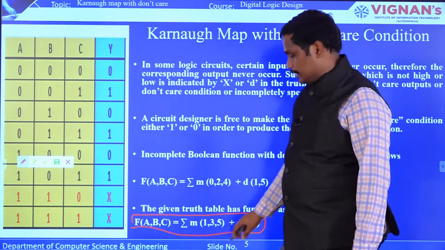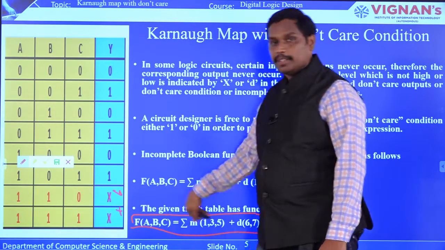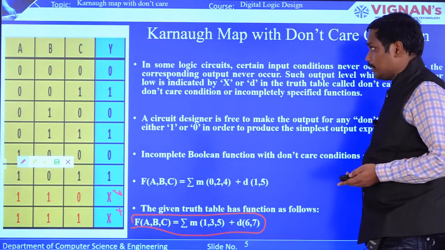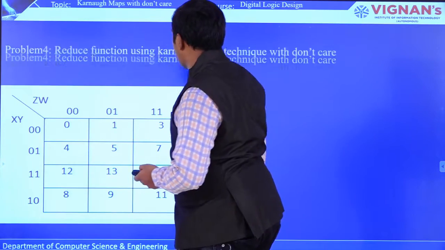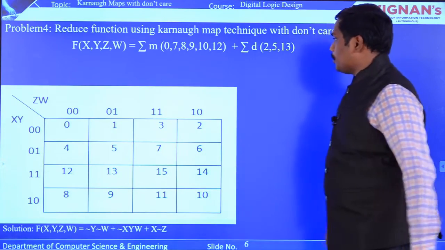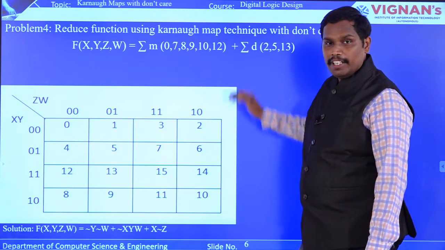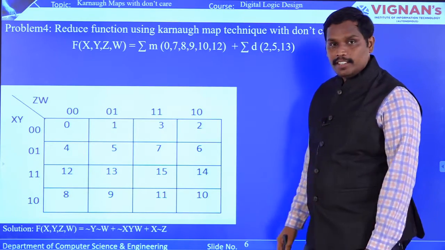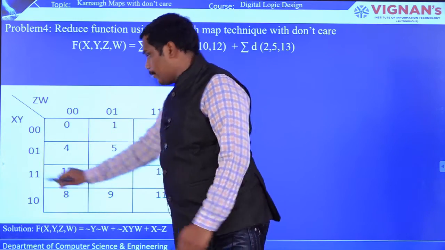Because you can see here the 6th and 7th are don't cares. So this is how the expression is written for don't care, right? So now with the don't care conditions, you are going to construct a Karnaugh map. Here you can see the positions of the min terms. So directly I am going to place ones. For that particular min terms, the 0th location you are going to place 1.